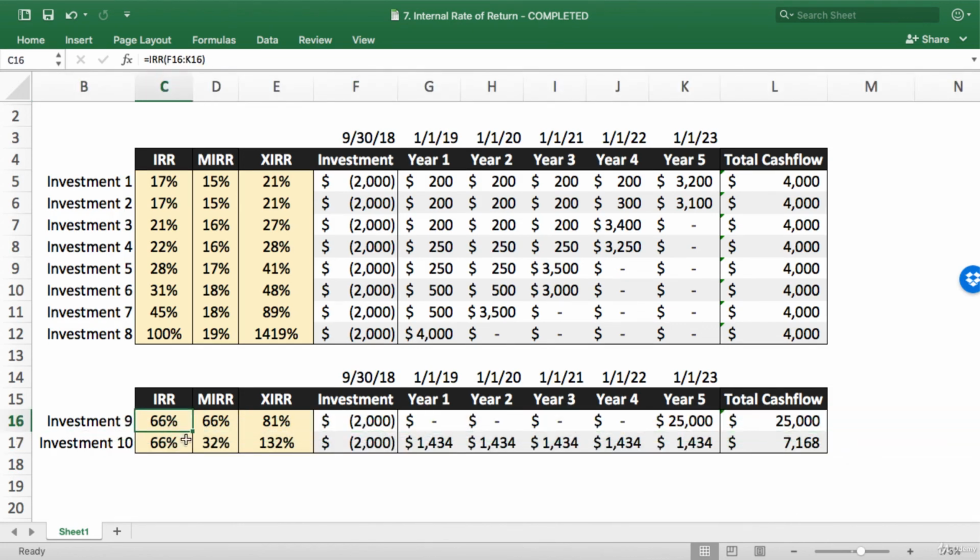So what should we do here? If we use IRR, it says they're the same. If we use MIRR, it says investment 9 is better. If we use XIRR, it says investment 10 is better. So it's very confusing to look at it in this way, right? So in order to evaluate this better, we need different measures. And we're going